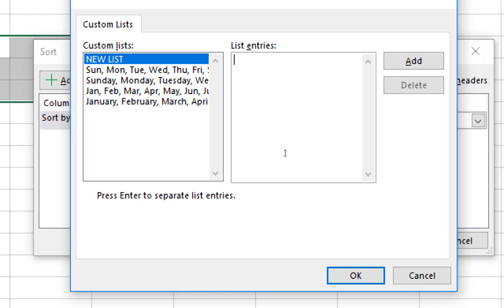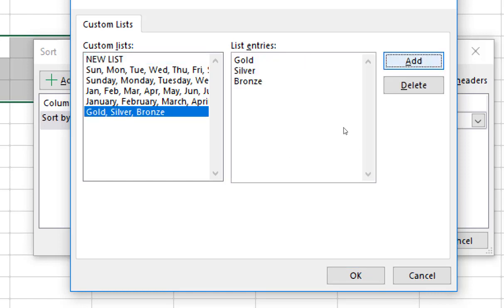So for example, I write first gold, comma, then silver, comma, then bronze. Okay, and I click on the Add button. As soon as I click on Add, I have created one custom list, and press OK.